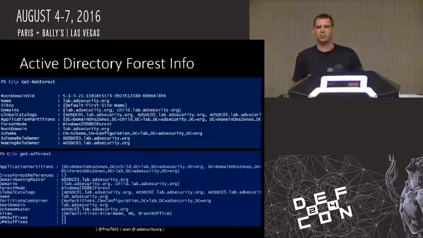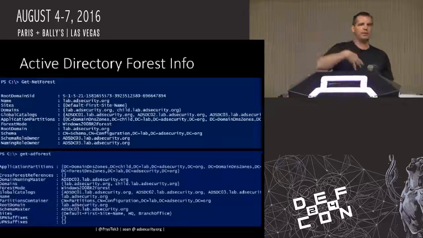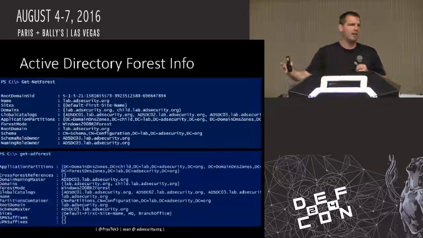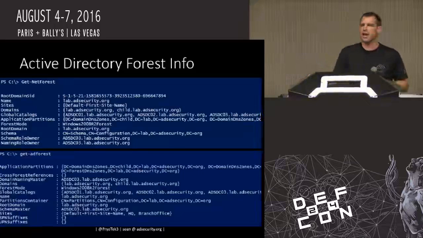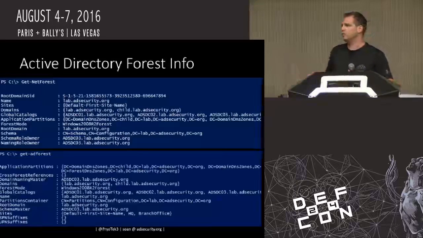In fact, a really effective way to get information about an Active Directory environment or enterprise is to pull the site information and the subnet information, and you can effectively map out the entire network just with Active Directory. You can get information about the domains that are stored in that forest, the global catalogs. Microsoft recommends that every domain controller is a global catalog. So this means that with one command,